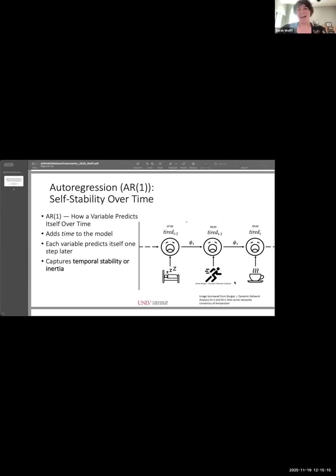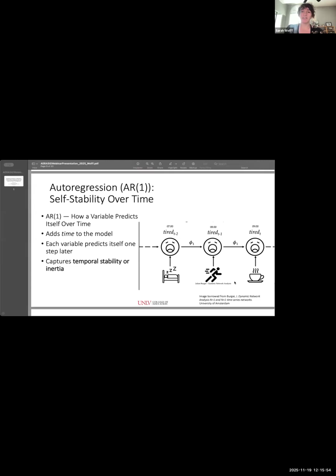We're going to try to add time in here. So an AR1 model simply says today's value predicts tomorrow's value, and that gives us a kind of inertia, or how stable the process is from one occasion to the next, whether it builds, whether it drops. And once we know what's connected at a single time point, the next question is how stable is it over time? So the autoregressive of order 1 adds a time dimension, predicting each variable from its own value at the time before. It gives us autoregressive coefficients, and conceptually it tells us how much, in this example,